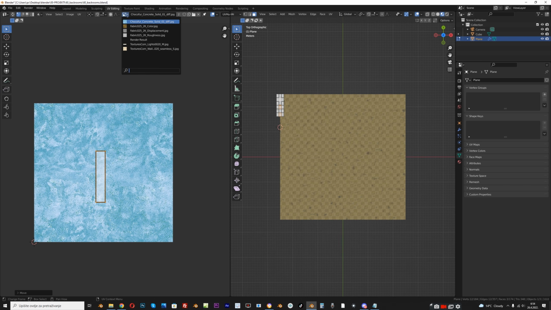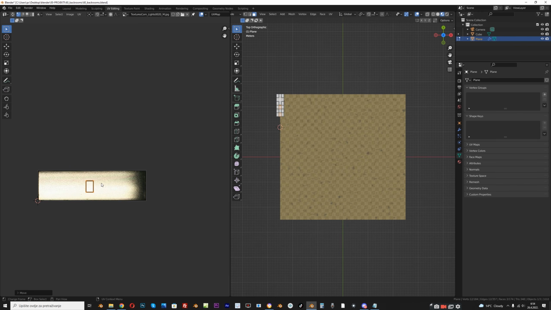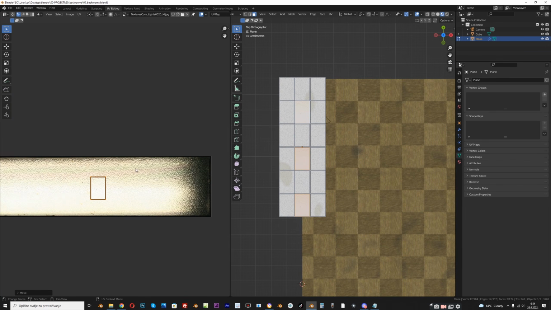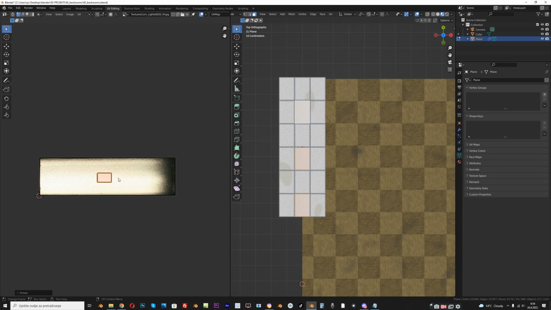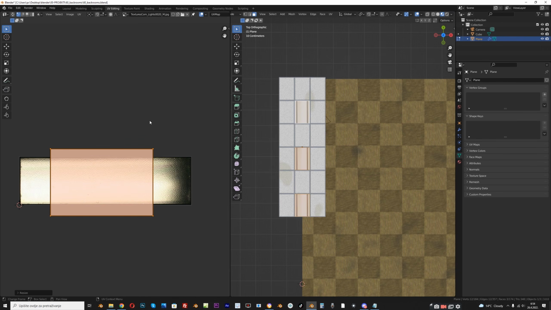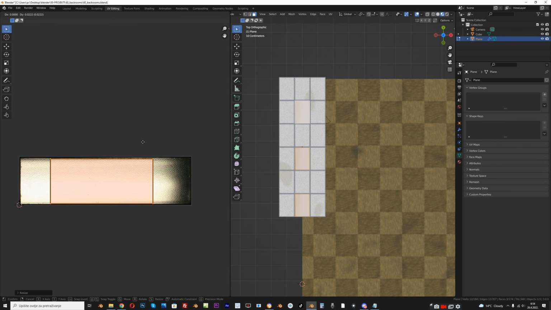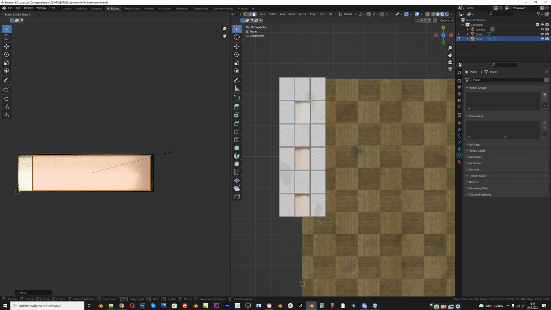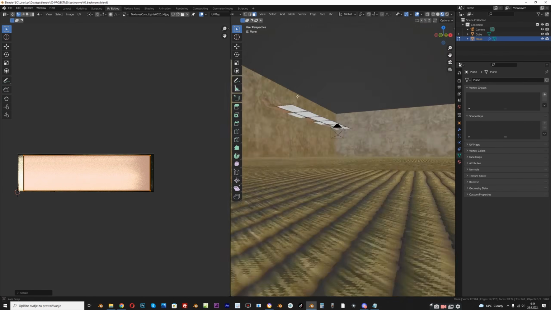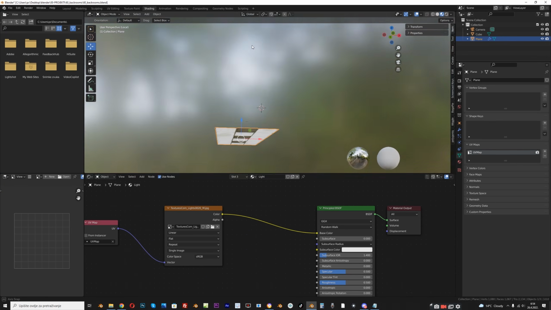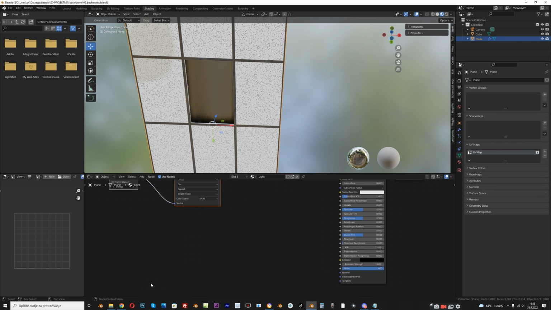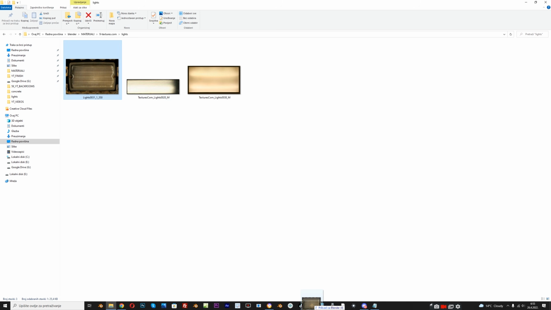And now go to select this light map here, and now we can project this. So select all with A and rotate on Z by 90. And I will now try to match this. I think this looks good for now, and now we can go with another texture here, and we will mix